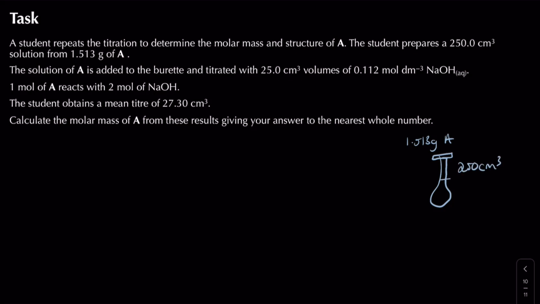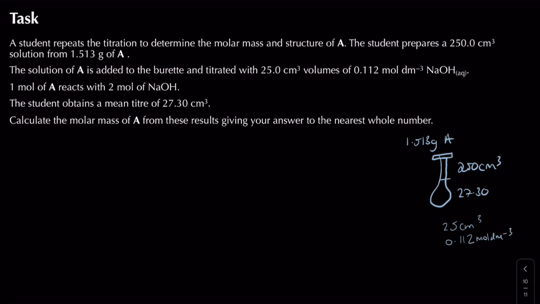And then we're going to take a portion of that, which is going to be 27.30, because we're told A is going to be in the actual solution itself. It's going to be the 250 centimeter cubed solution, and we're told that it's added to the burette, and that's got a variable titre value, which of course is 27.30, right? So yeah, we react that with 25 centimeters cubed and then a concentration of 0.112 mole per decimeter cubed